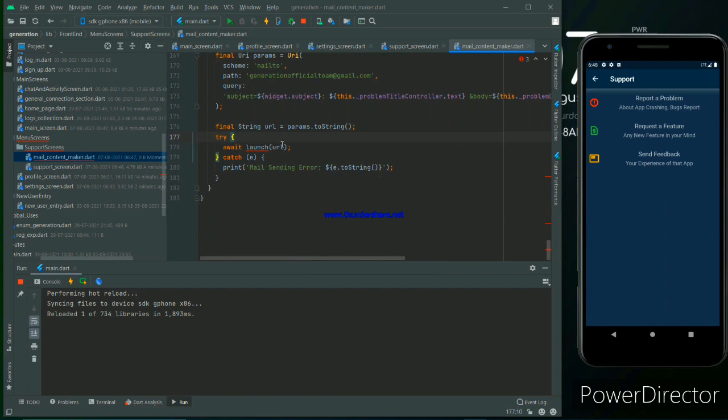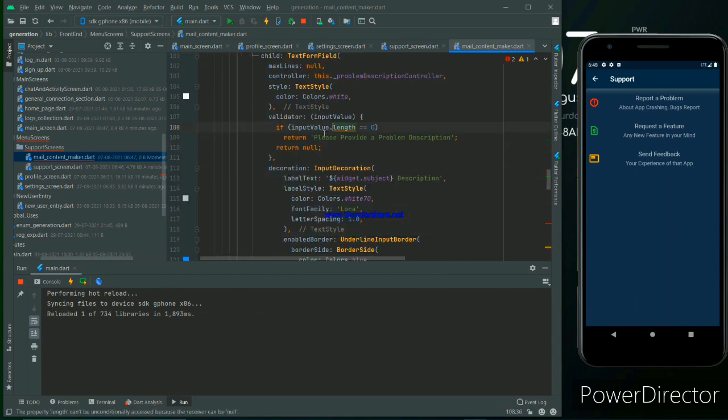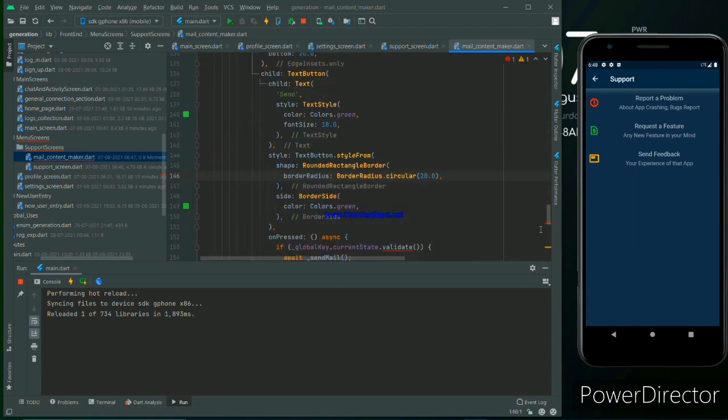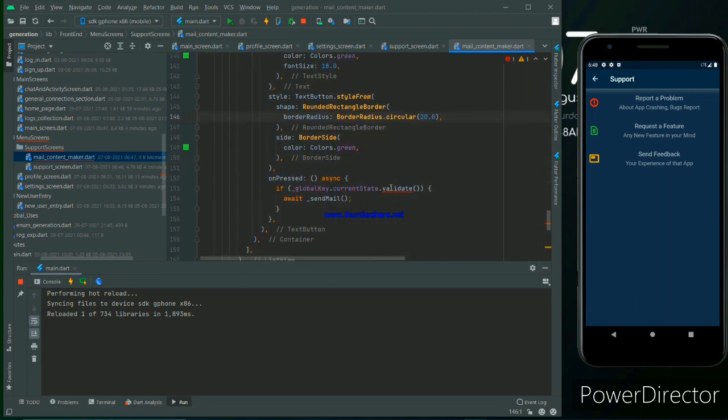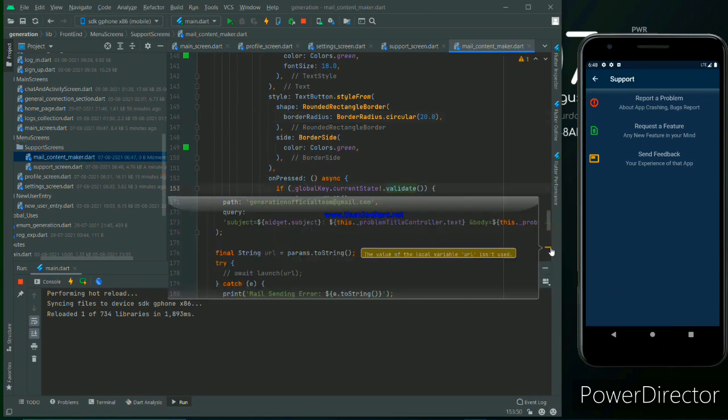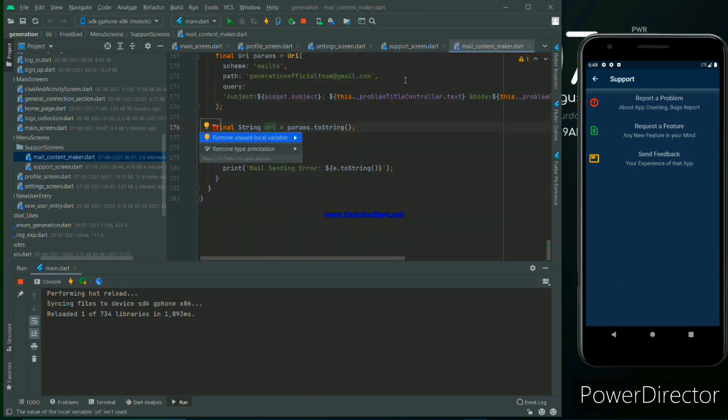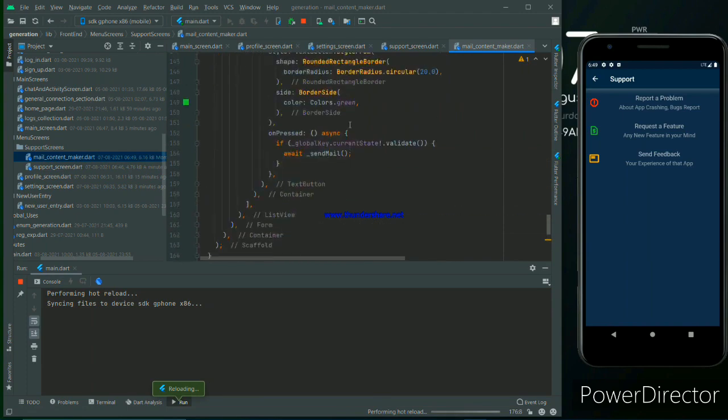Okay, the null safety, yeah, add the null check operator. Okay, not used, remove.